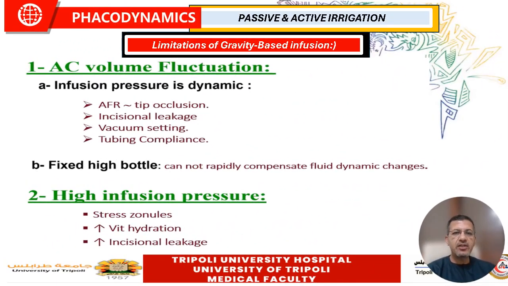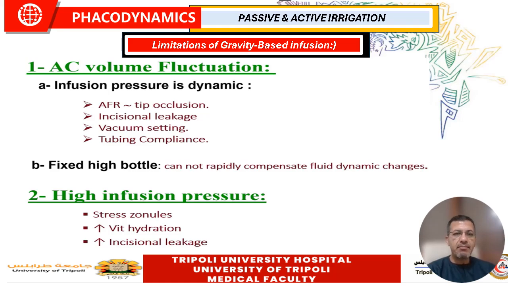What are the limitations of passive irrigation or gravity-based infusion? As I said earlier, because you have a fixed bottle height, this will not satisfy the changes of the intraocular pressure inside the eye during the operation. When you set the infusion rate, you set the aspiration flow rate at a particular level. The aspiration flow rate is linearly controlled by the peristaltic pump, so the more you press the foot pedal in position 2, the more the aspiration flow rate will be. However, you have a constant infusion